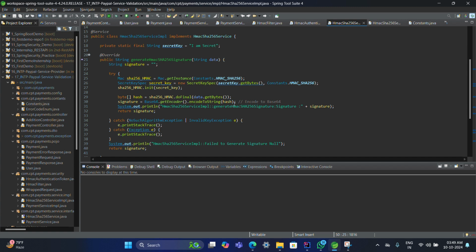So that is the complete code for generating HMAC-SHA. This code should be executed before the controller. Before control reaches the controller, it should be executed. So for that we introduce the filters of Spring Security. There are various filters, and we convert this HMAC-SHA security check into a filter, and that filter is going to be placed